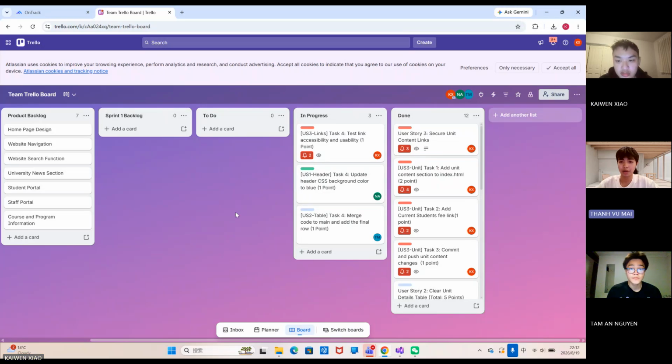Hello, everyone. Welcome to our Sprint One review. Today, we want to present our project as if we are pitching to a real client. My name is Vũ, and my teammates are Kevin and Ang. To start with the Sprint One backlog and group activity, our main goal for this first sprint was to build